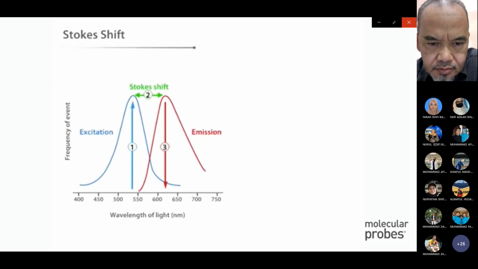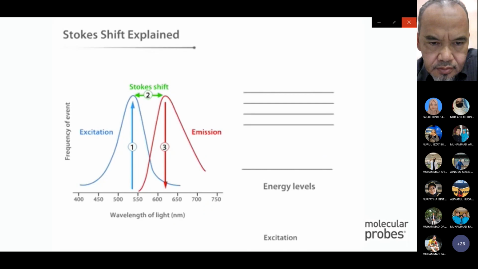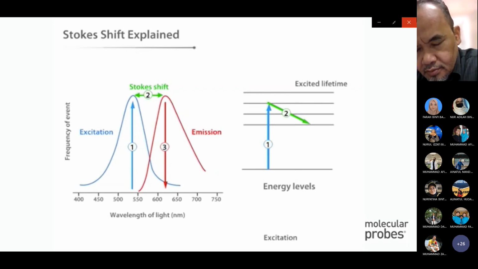The magnitude of the Stokes shift is determined by the electronic structure of the fluorophore and is a characteristic of the fluorophore molecule. So, what causes this energy loss? The Stokes shift is due to the fact that some of the energy of the excited fluorophore is lost through molecular vibrations that occur during the brief lifetime of the molecule's excited state. This energy is dissipated as heat to surrounding solvent molecules as they collide with the excited fluorophore.